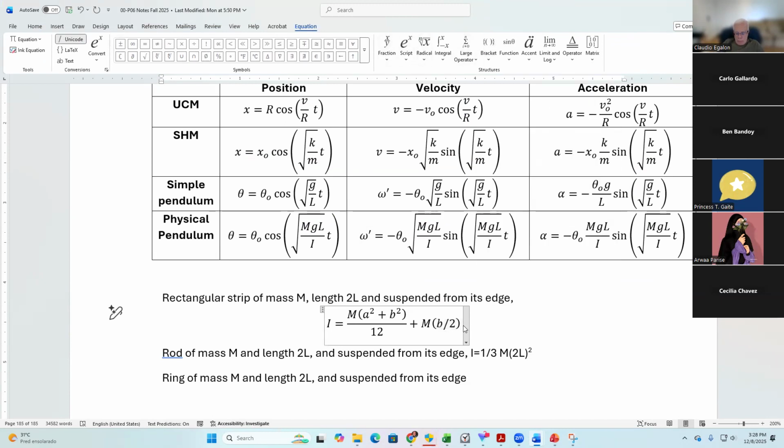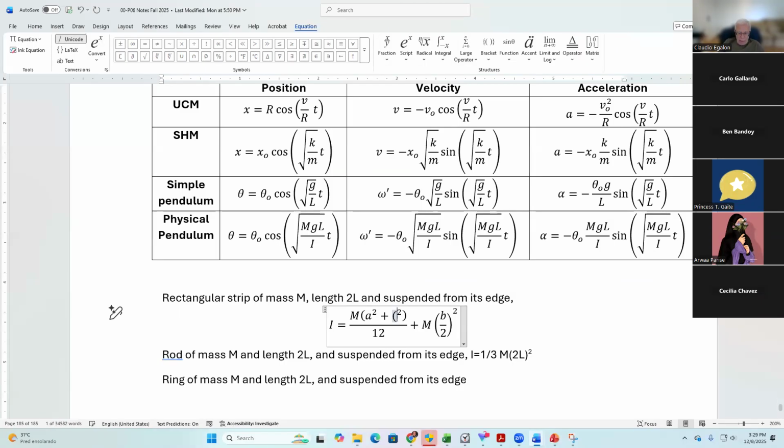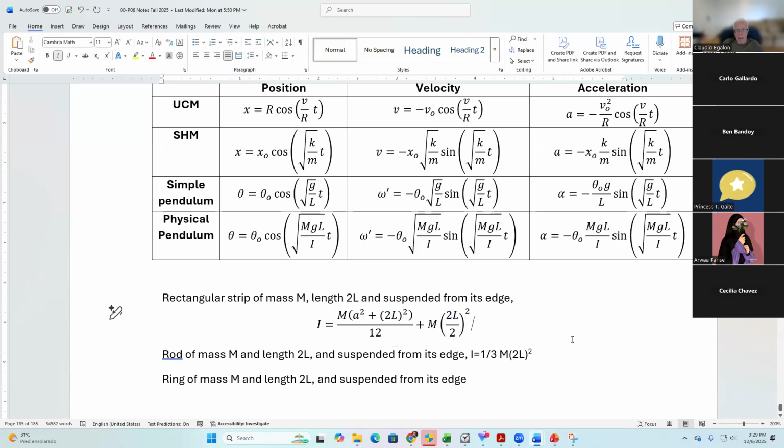That in this case would be b over 2, okay? Instead of length, it's going to be length 12. So we have to put 2L right in here, and we have to put 2L right in here. Okay? And then we get